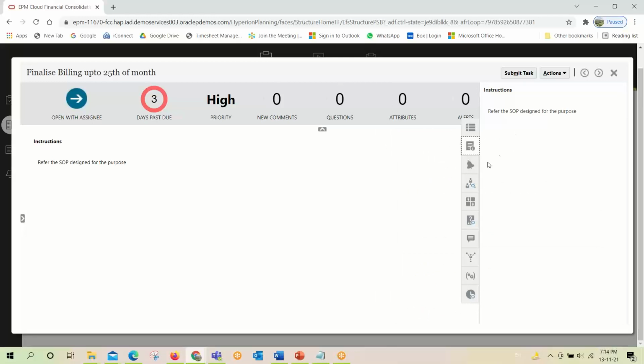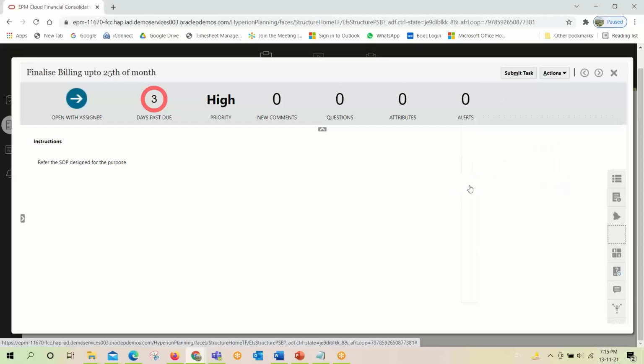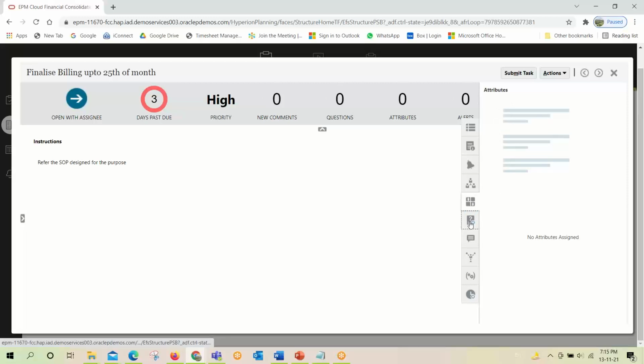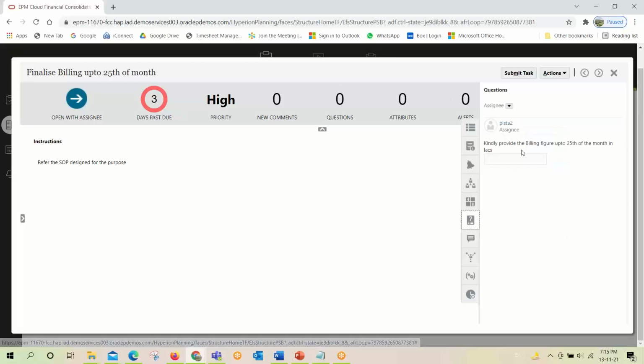There are instructions, if there is any instruction, and alerts. We have not given any alerts, and this is the workflow. So workflow will describe who is the assignee and who is the approver. So assignee here is Pista 2, who will submit his task, and no attributes are there, and here are the questions.